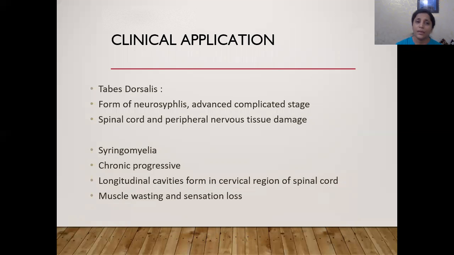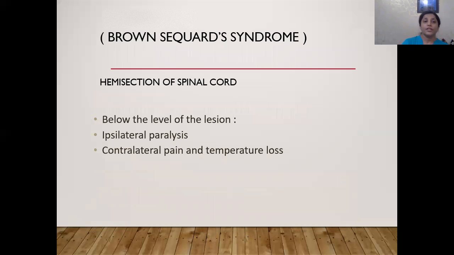Now, when we come to the clinical application of this, the first syndrome which I would like to mention to you is known as the Brown-Sequard syndrome. A syndrome is a collection of symptoms and disease presentations which occur together. Signs and symptoms which occur together are known as a syndrome. And this syndrome is seen in case of hemisection of the spinal cord. That is, if half of the spinal cord is cut at any level, either on the left side or on the right side, what is the clinical presentation? That is the Brown-Sequard syndrome.